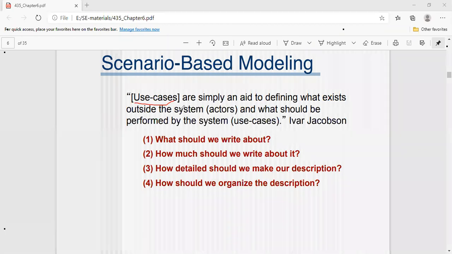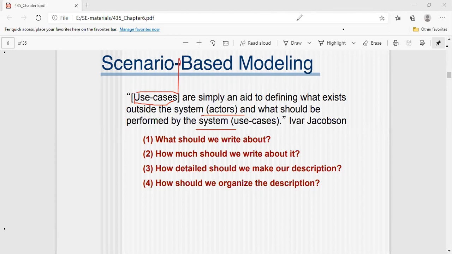By defining these two, we should draw use case diagrams. What is the first one? The actor's role. And what is the system's role, I mean the function implemented in the overall domain or particular project. By showing these two, the actor's role and the system's role, we are going to draw some use cases.